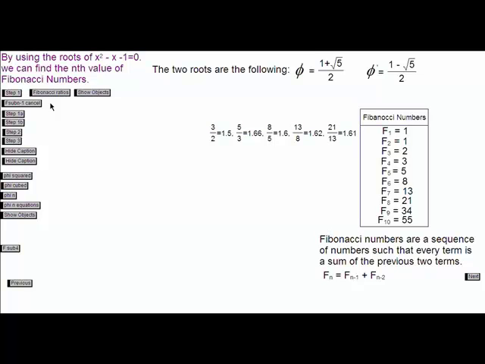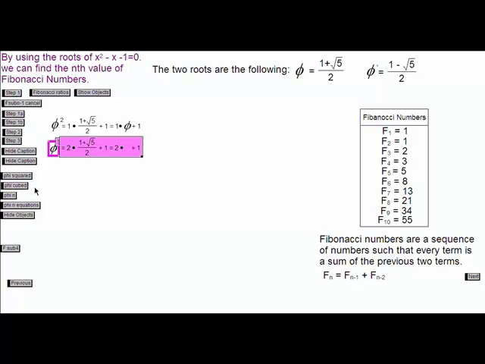Let's say we want to find the 25th Fibonacci number. First, let's go back to phi. What happens if we square phi? As you can see, by squaring phi, we get phi plus 1. Let's take phi to the third power. We get 2 times phi plus 1. If you continue to do this process, you will notice a pattern that the last term in each answer will